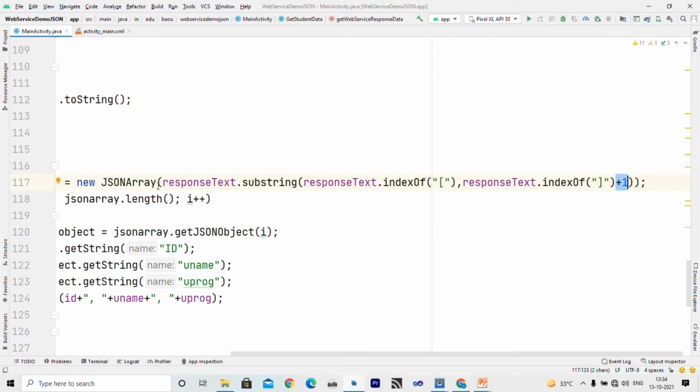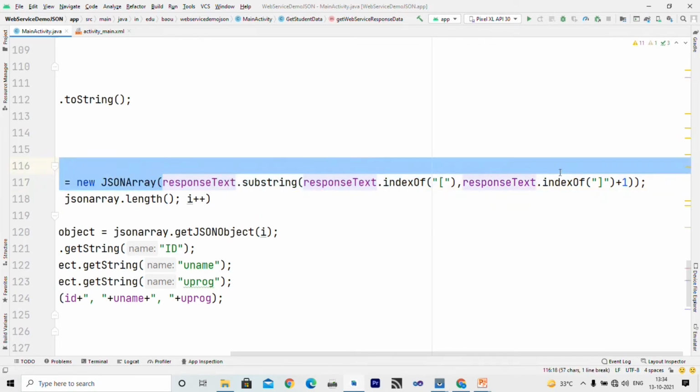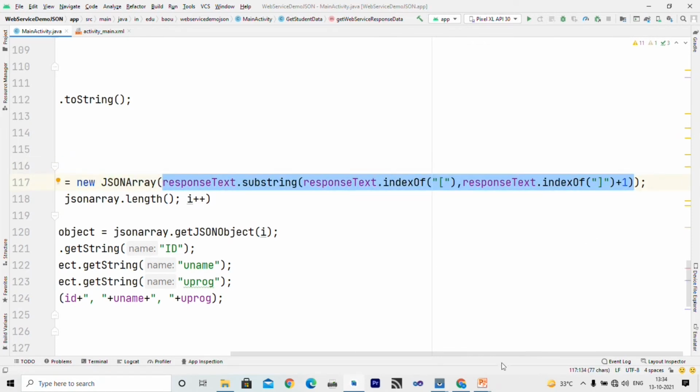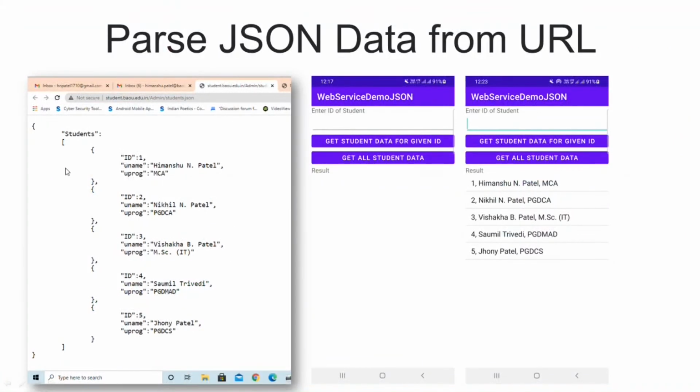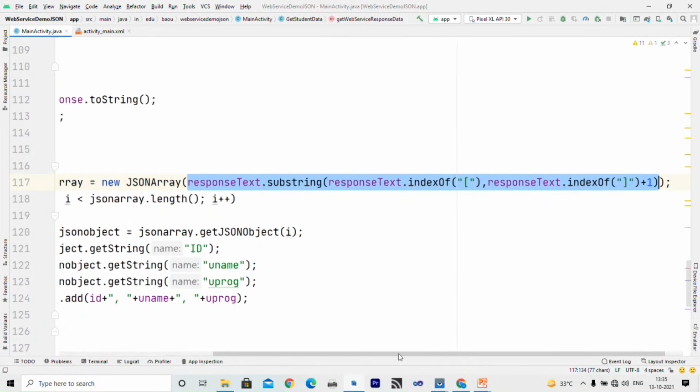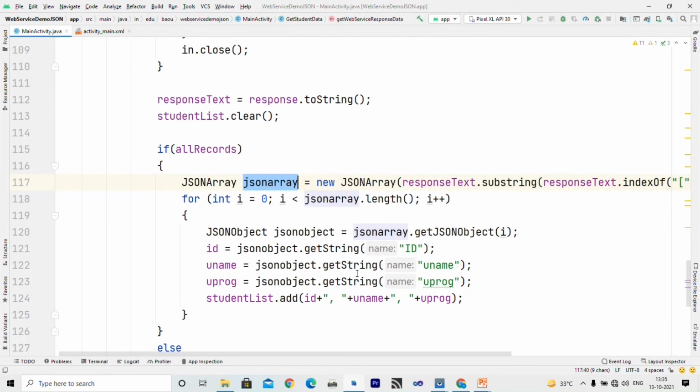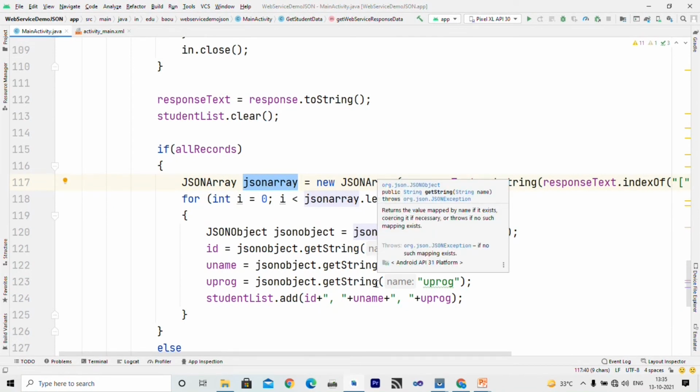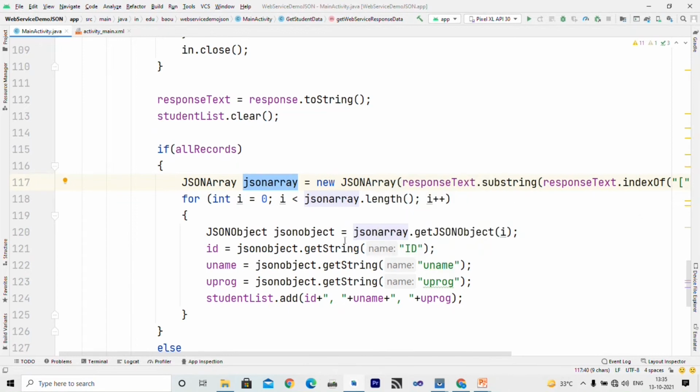So this line represents all the data between the square brackets, right? So I fetch this data returned by the URL inside the JSONArray. It automatically creates the JSONArray based on the data stored inside.